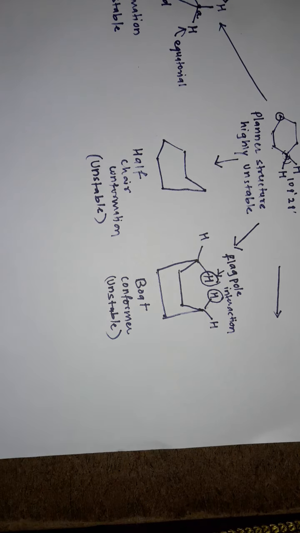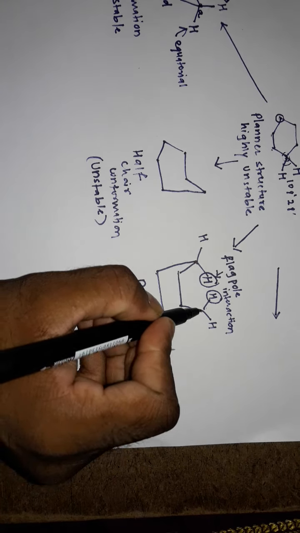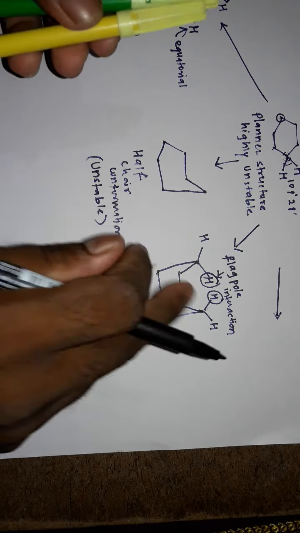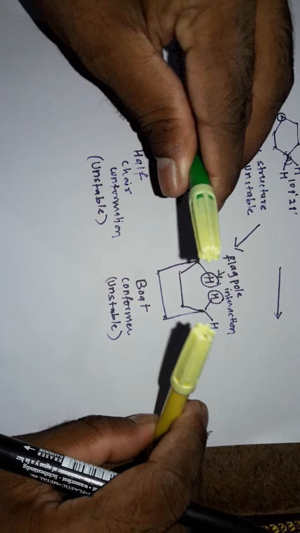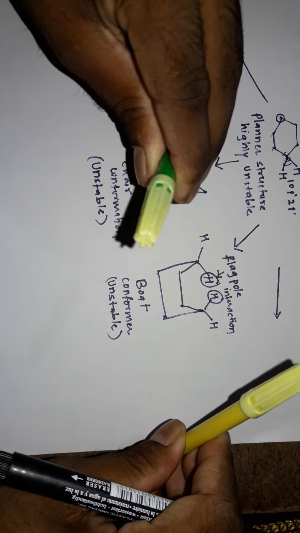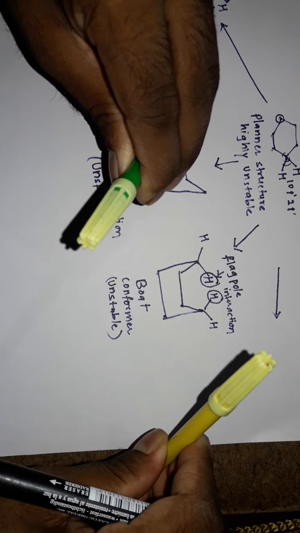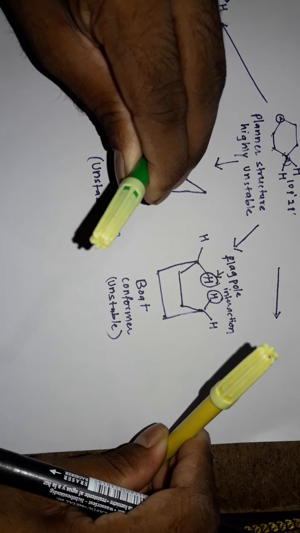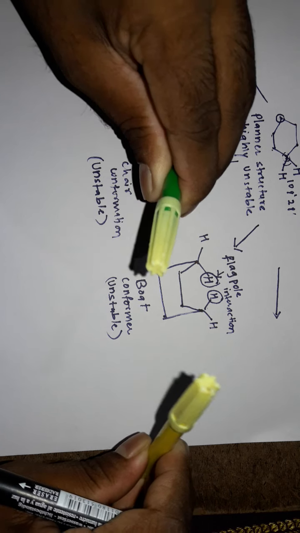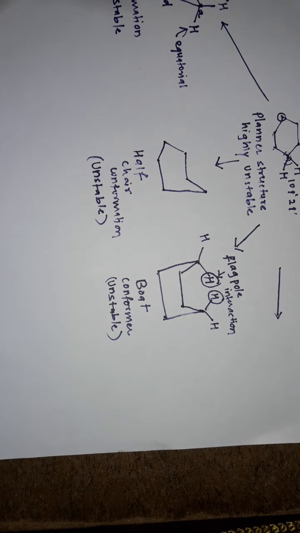So I am going to twist this carbon and this carbon like this. So the hydrogens which are close to each other will become this. In the structure which I am going to write, both hydrogens will be away from each other. Initially in the boat conformer they are like this, after that they become like this. So there will be less interaction, or I would say no interaction.